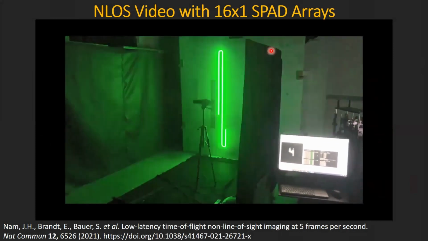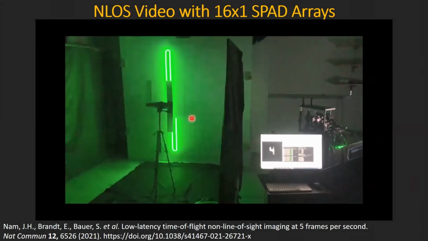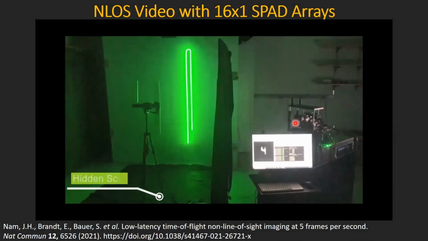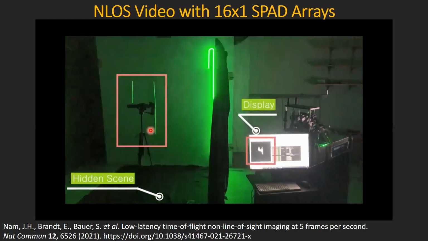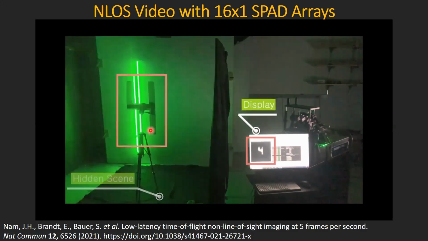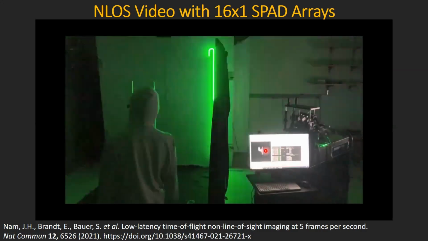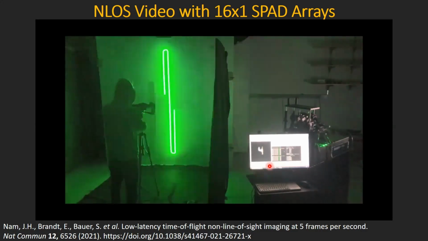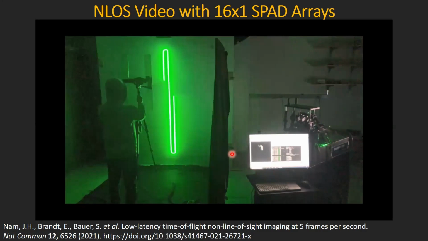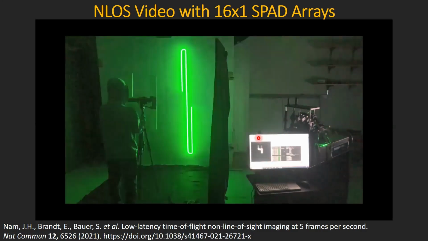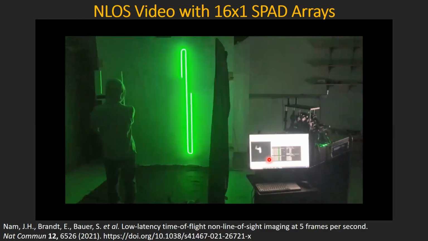You can see we put this little curtain in between. So there's no direct line of sight between the imaging system and this 4. It really has to bounce the light off this white surface in order to get any signal from this 4 in order to reconstruct it. And to show that this reconstruction is going on live, the student here, his name is Jihan Nam, is moving the object, and you can see that it is moving along with the real scene.